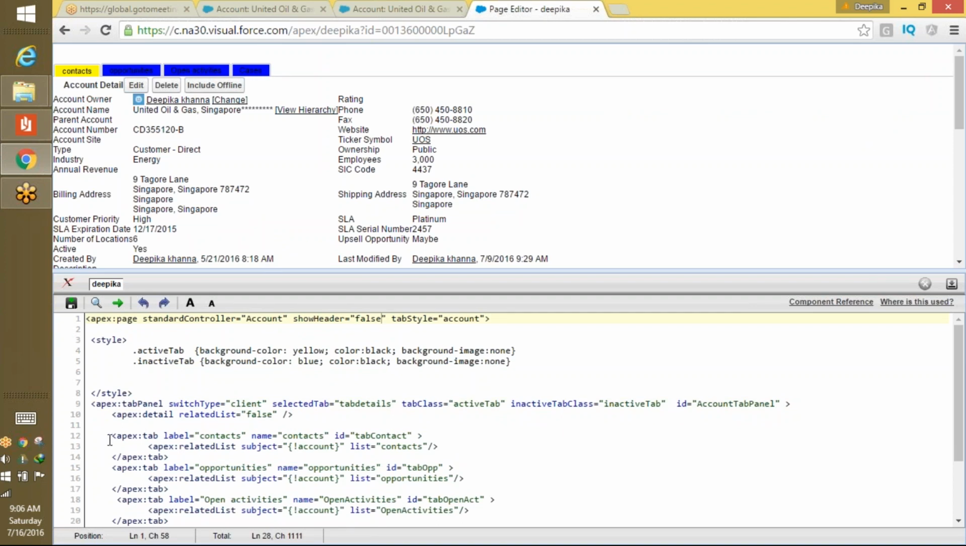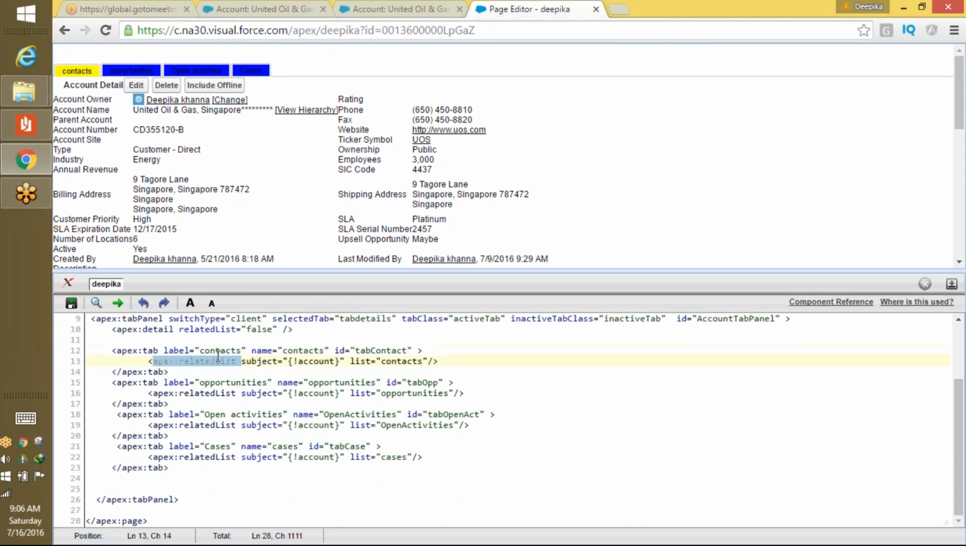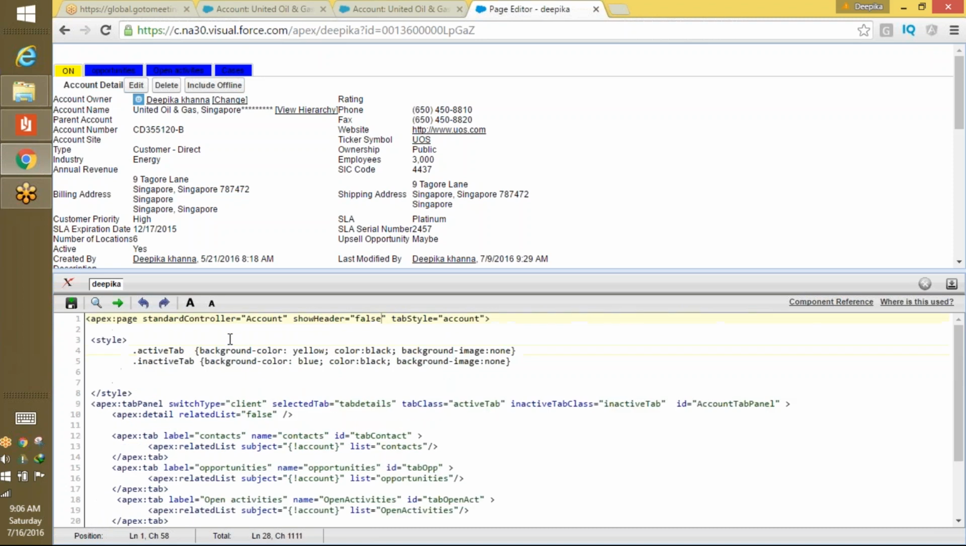Now on that I have these tabs defined here. I've defined four tabs: one for contacts, one for opportunities, one for open activities, one for cases. If you wanted to display something else, instead of contacts, if you want a different label for it, that is controlled this way. You can have a different name for the label, but the name is contacts, meaning the actual contact object that I'm talking about, and you have defined the ID for this, and what you're telling is